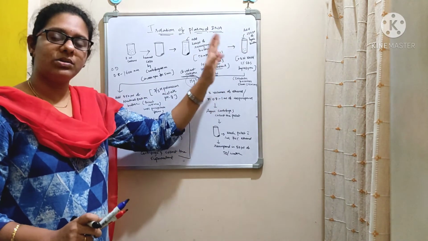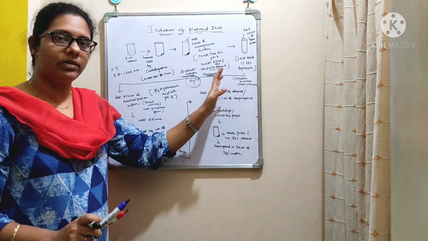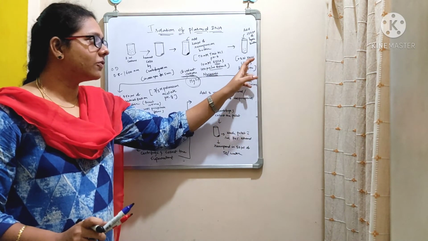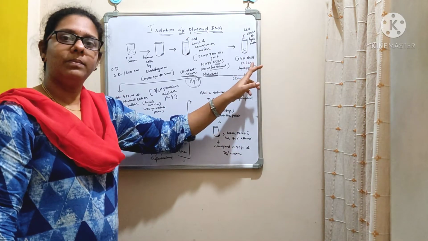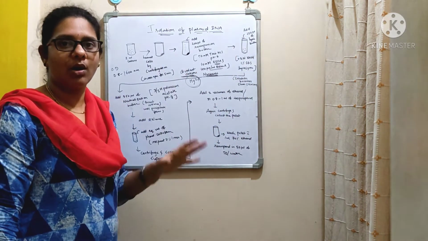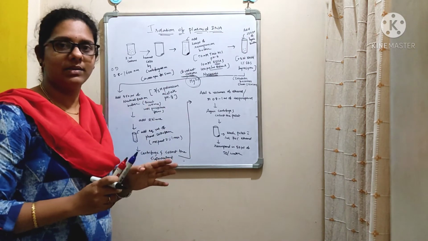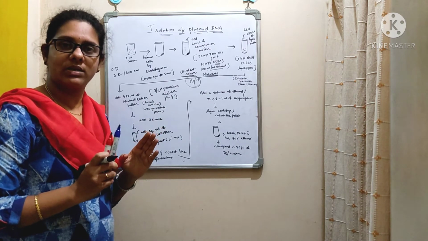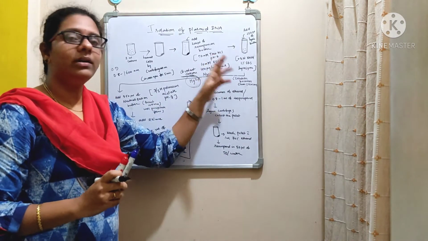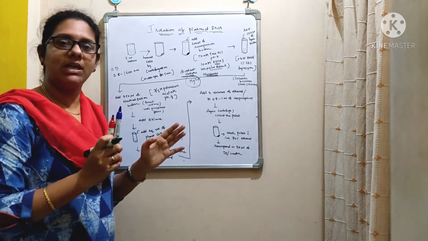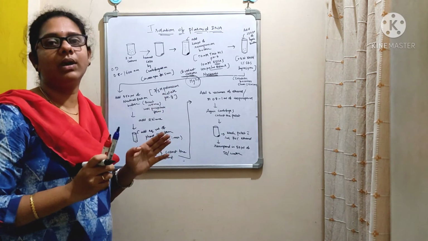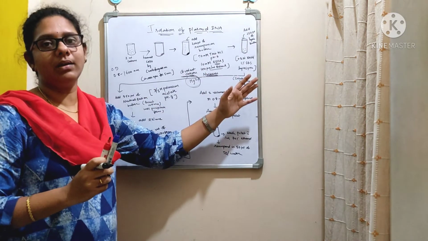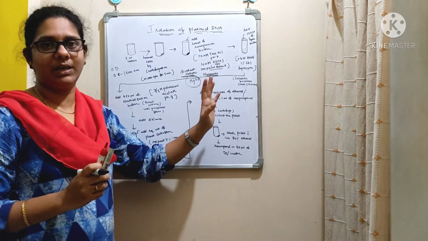Here also, after the addition of lysis buffer, what is the lysozyme going to do? It is going to break the cell wall. And moreover, what is the role of SDS and NaOH here? The sodium dodecyl sulfate's role is to dissolve the membrane lipids, that is, it is going to break the cell membrane. And the role of NaOH, that is sodium hydroxide, is to denature the chromosomal DNA. That means the double stranded DNA is going to convert into single stranded DNA, which makes it easy for us to separate the plasmid DNA from the chromosomal DNA.